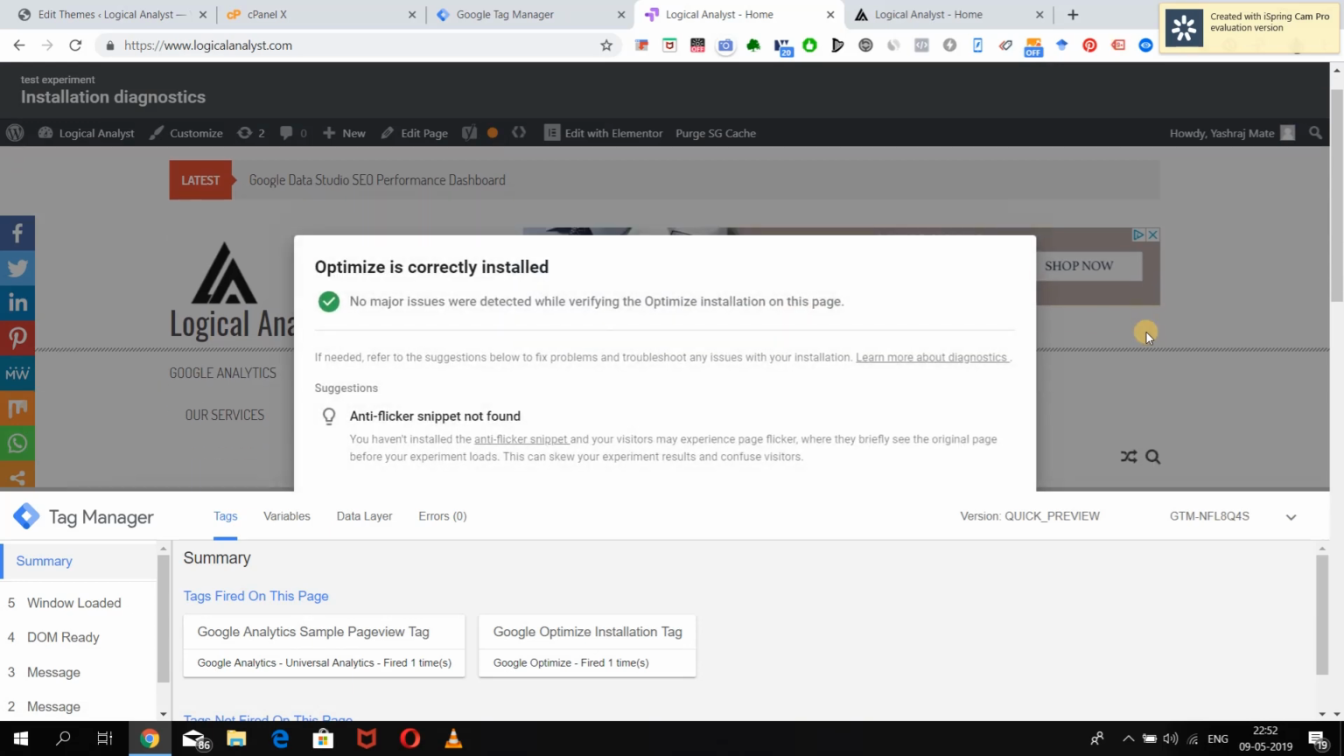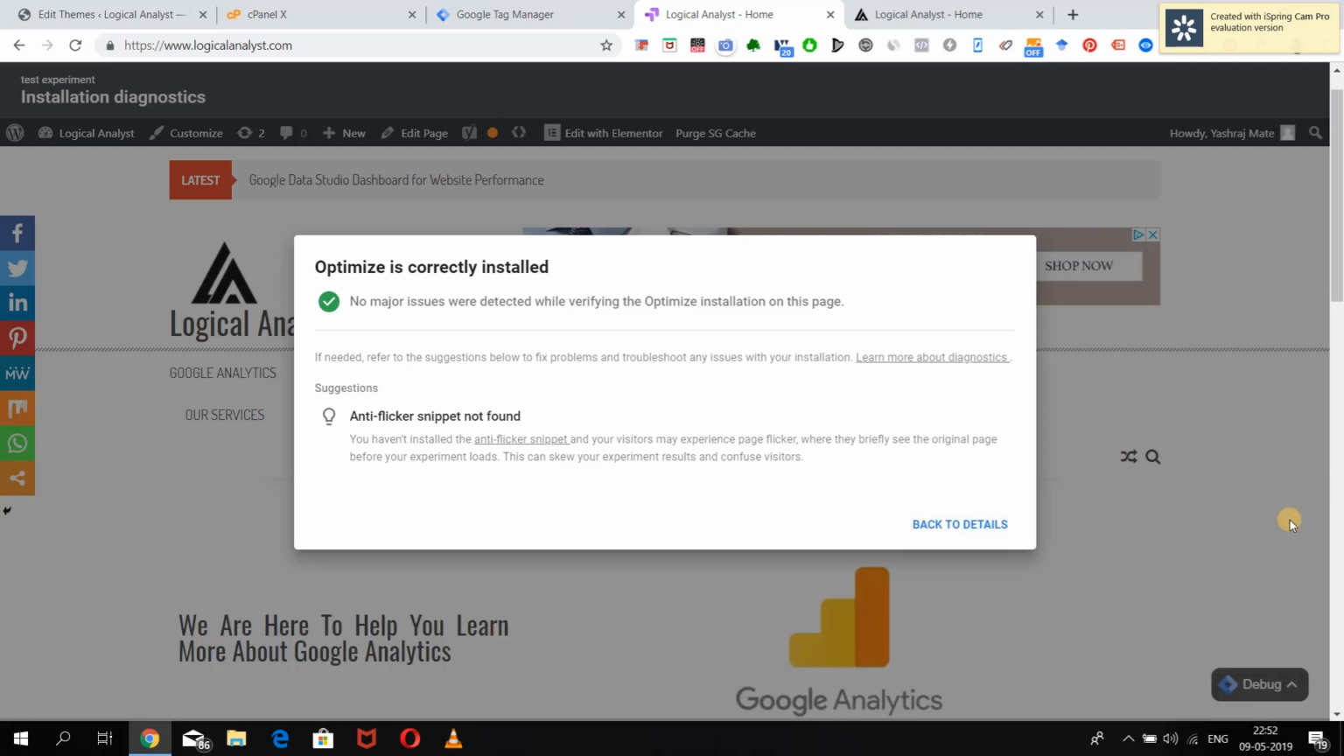Now over here, as we can see, it tells us that Optimize is correctly installed. There are no major issues. But if you look under the suggestions section, it is telling us that the page flicker code has not been installed. So this is a small drawback if you install your Google Optimize code with Google Tag Manager, because it just injects your container on the website through the tag management system, but it will not be able to add your page hiding snippet on the website, which is quite